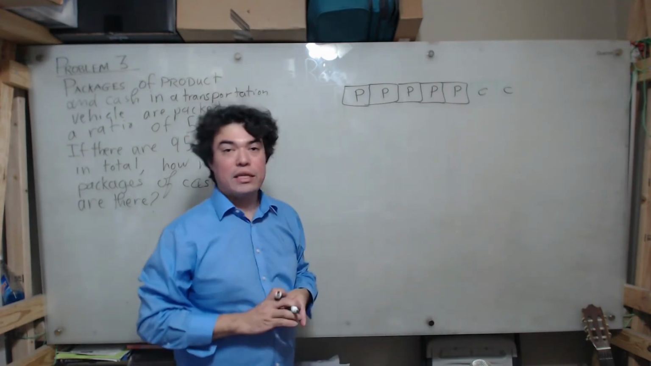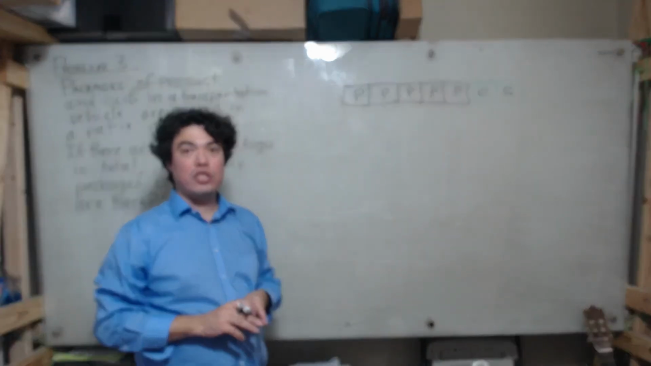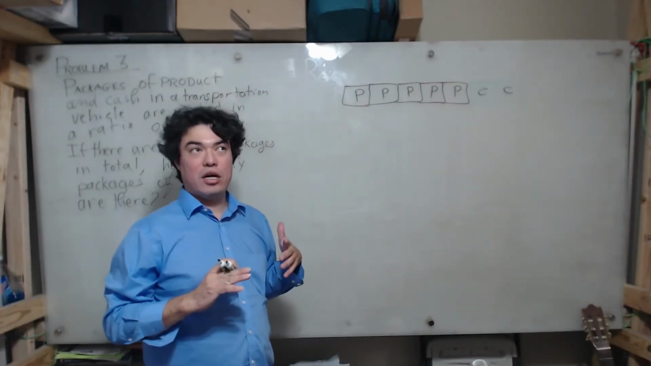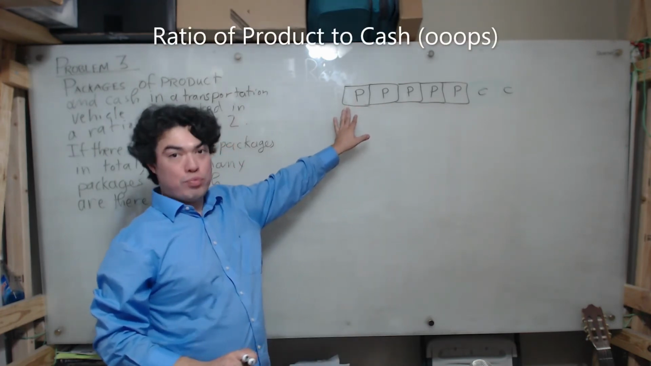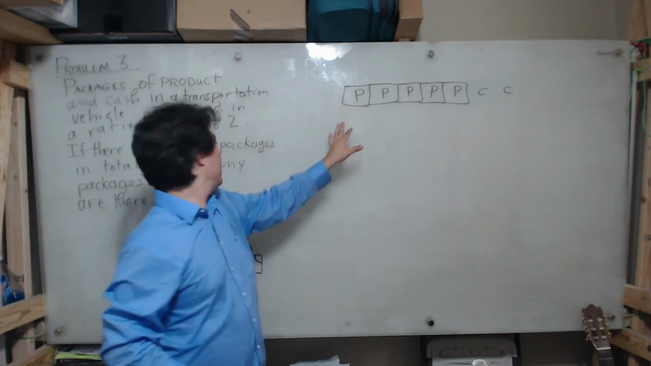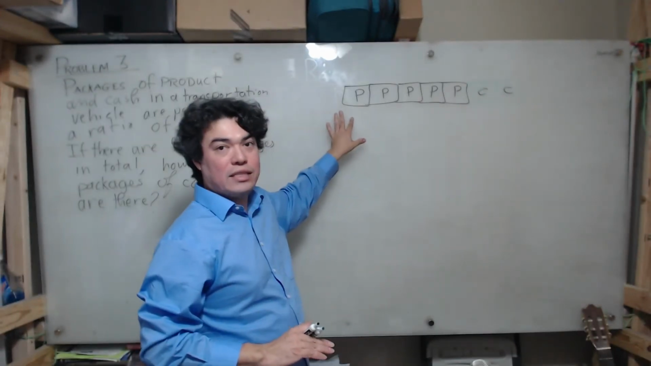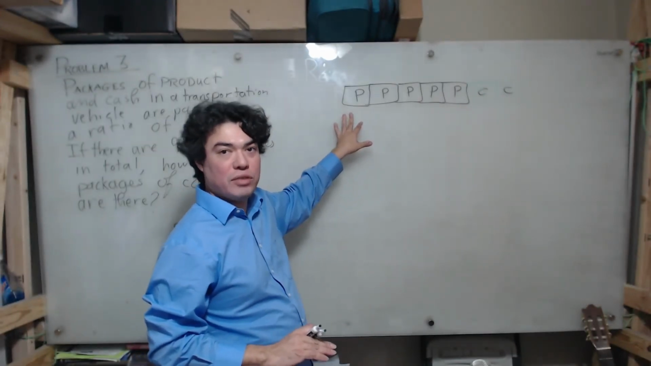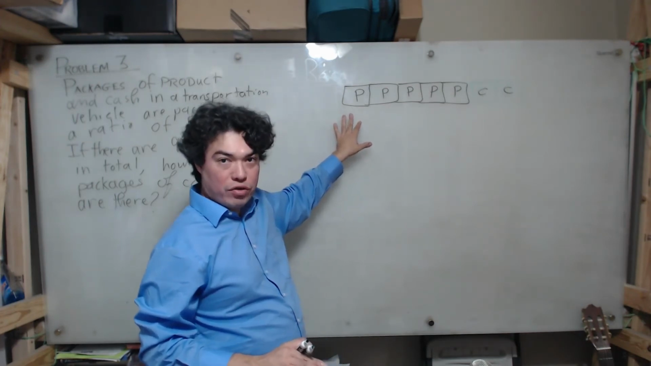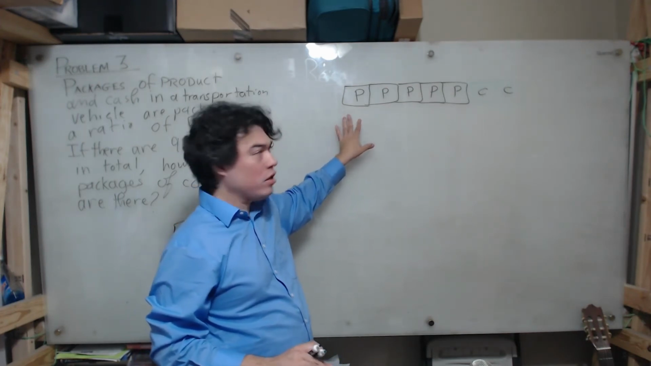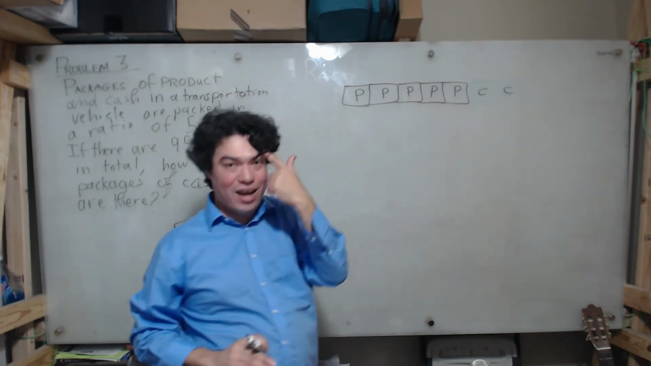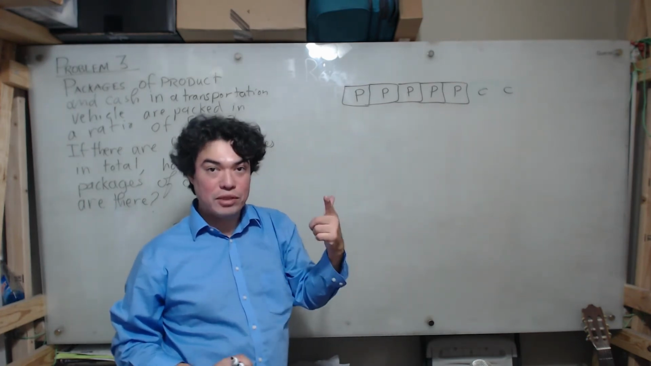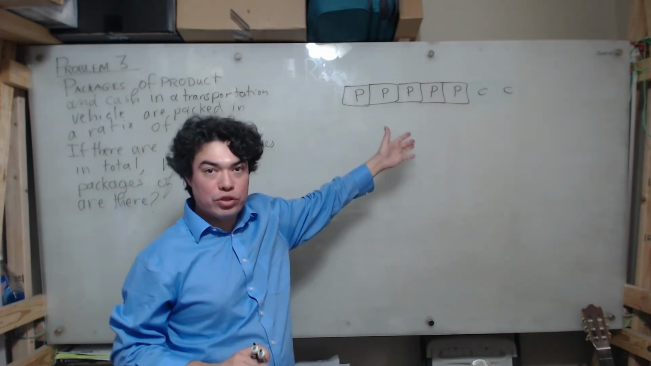Because they tell us that the shipment has a ratio of packages to cash of 5 to 2, we know that we can group all the packages like this. And that's where the division comes in. If we know that we can group it into groups of 7, of which 5 will be product and 2 will be cash, then we can see, aha, I want to find out how many times 7 goes into 959,